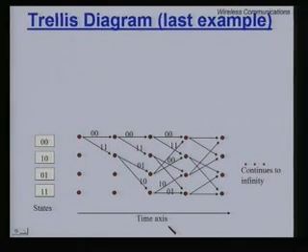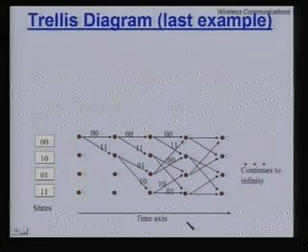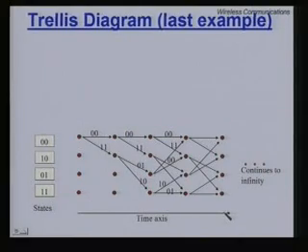So, the philosophy is as follows: each time a bit comes into your encoder with memory, you are always sitting in some state. Now, 2 things can happen: either the state remains the same or the state changes. In the process, you will send out certain bits which we write on top of the arrow. So, it is fairly easy to understand this trellis diagram, which has exactly the same information as the state diagram, but in a more simplified manner, in a manner in which we want to use the information, in that we have the progression along the time axis.